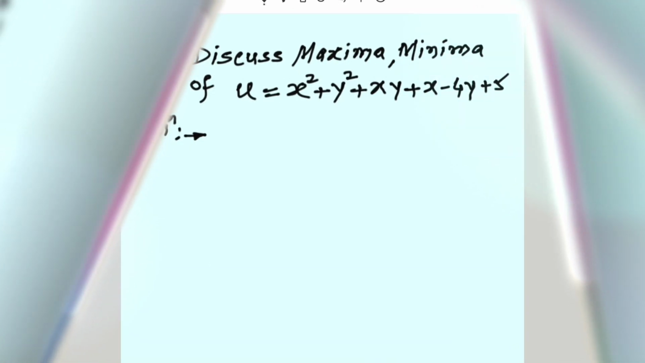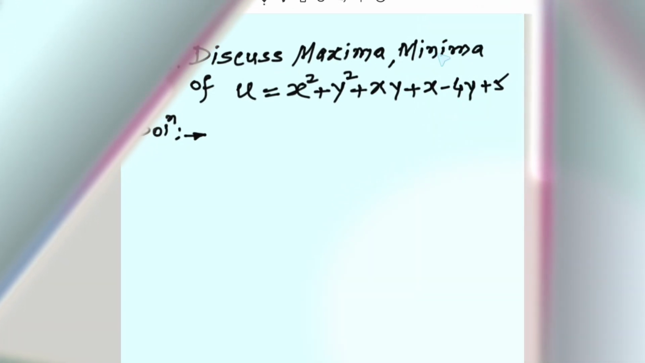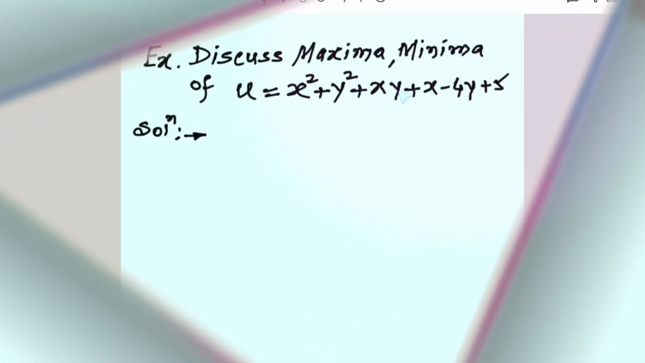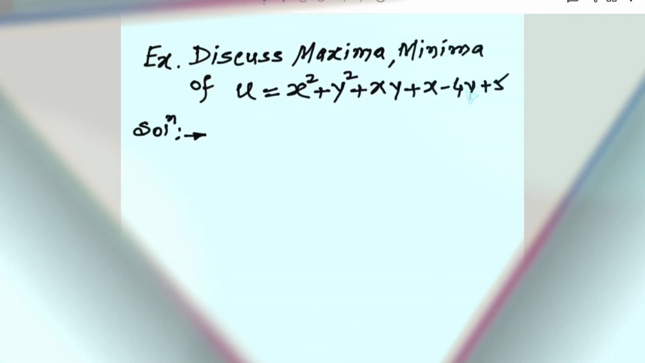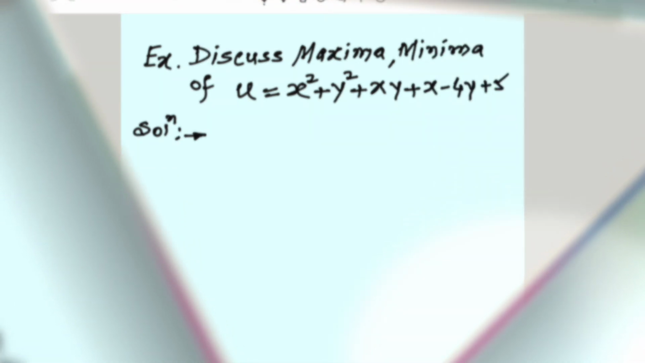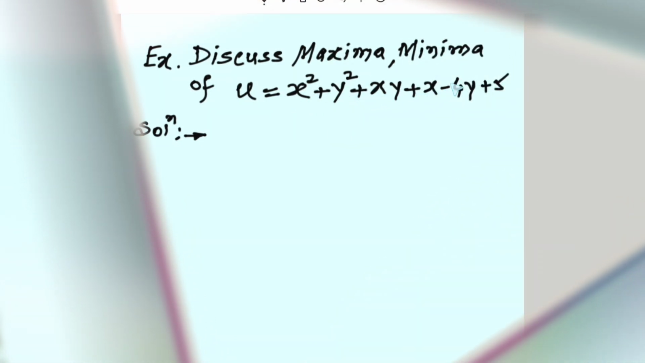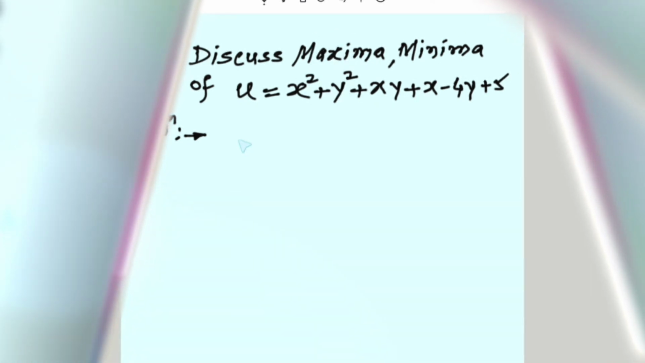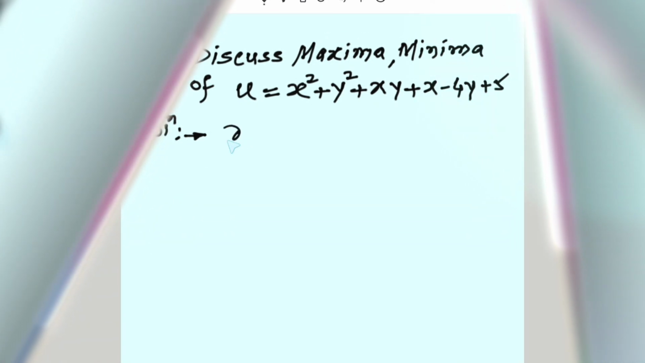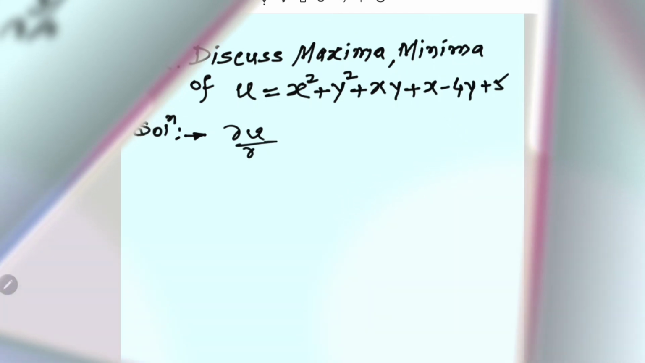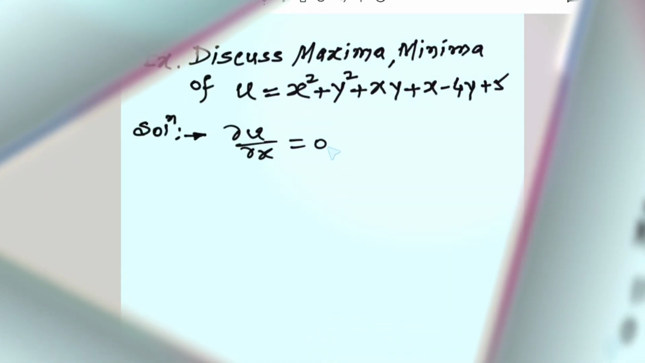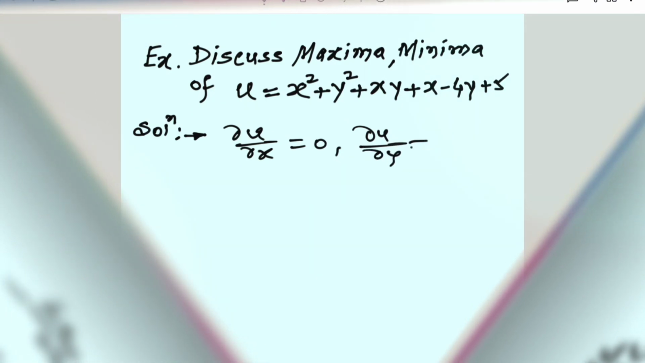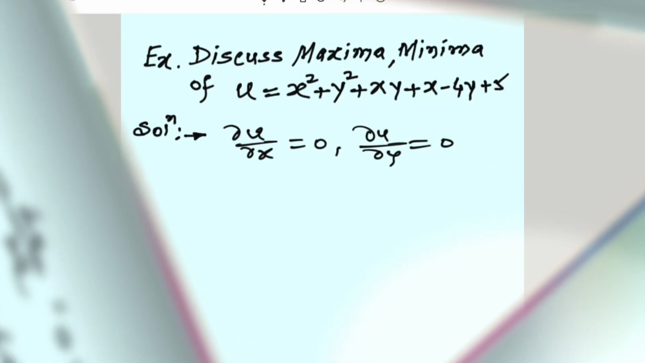Let us solve the problem. Discuss Maxima Minima of u = x² + y² + xy + x − 4y + 5. u is a function of two independent variables x and y, and therefore to obtain the Maxima Minima, the necessary condition is ∂u/∂x = 0 and ∂u/∂y = 0. Therefore, differentiating u